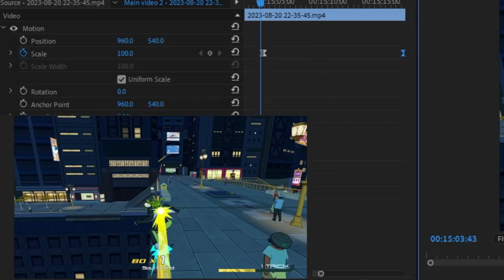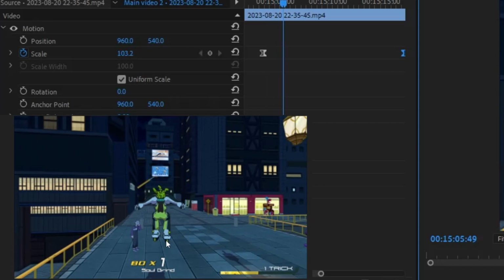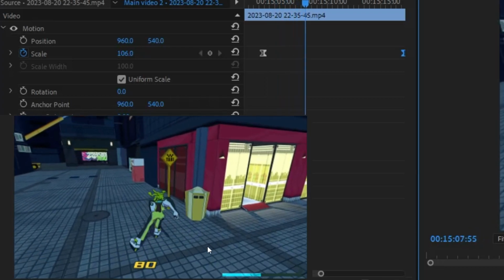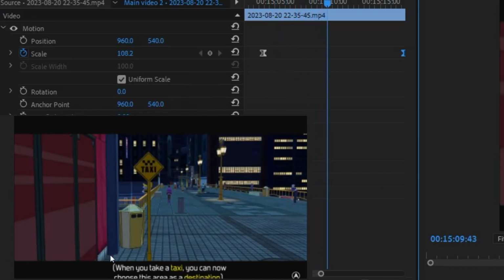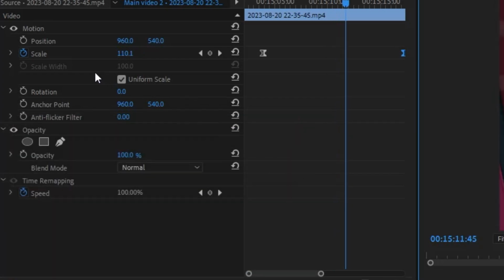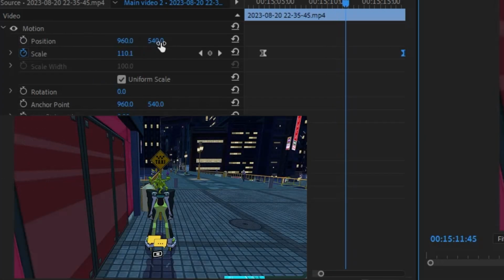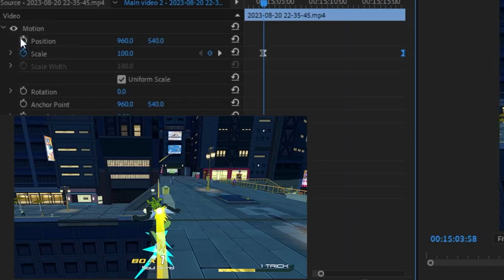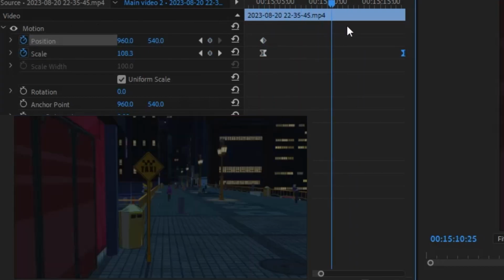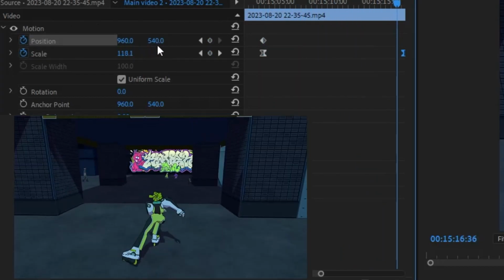But as you can see, we are only zooming in to the middle of the video. It's very slow, but we are zooming in. And you could also do this with position. So if we start off there and we wanted to end, let's say, if we